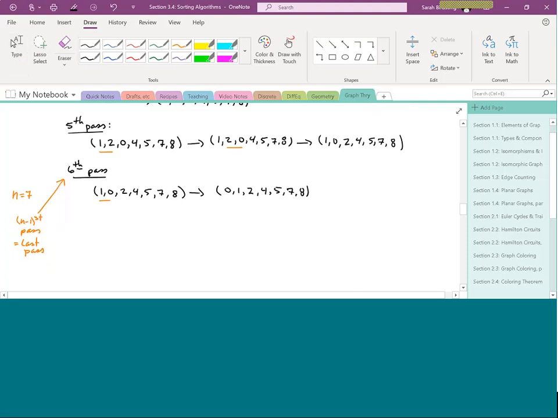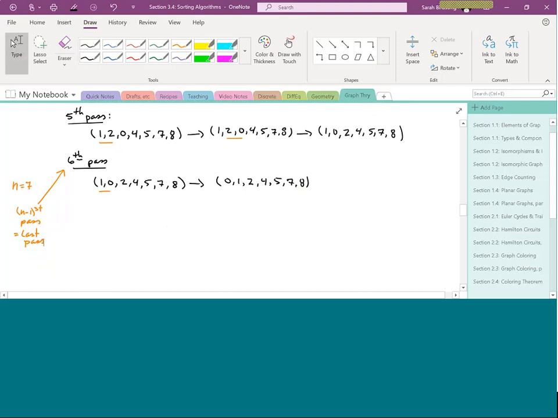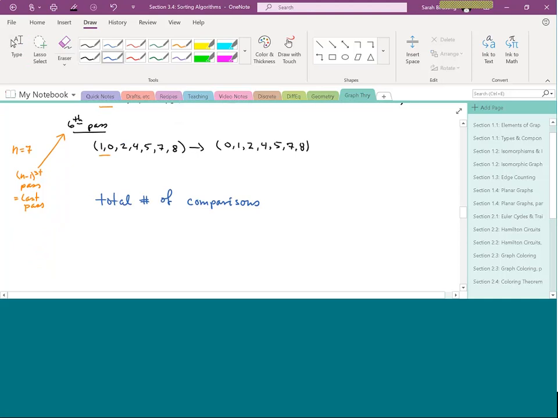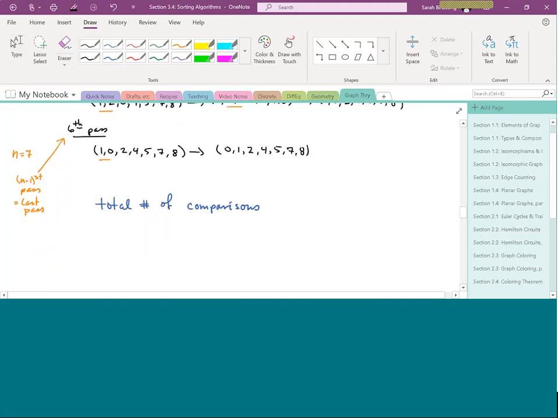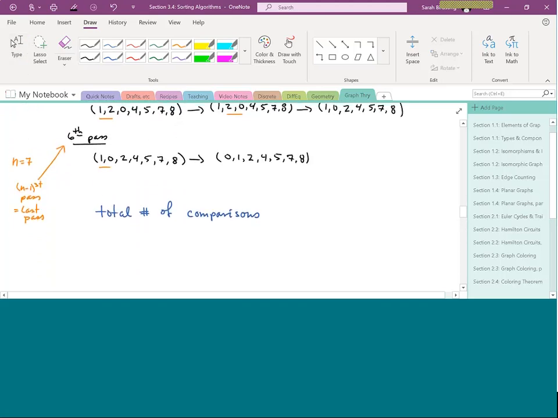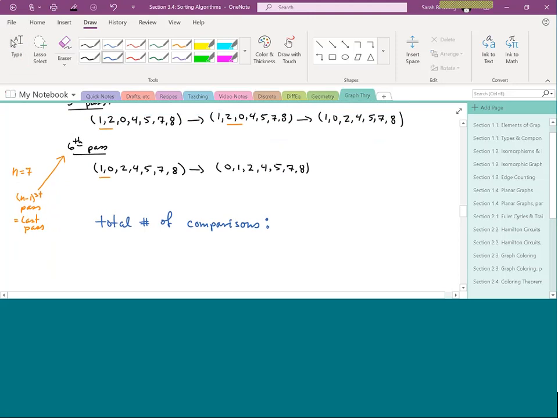Now, the other thing that I want to look at here is, and let me make it a different color just so it's obvious that we're starting a slight analysis, the total number of comparisons. I think I already titled that. Oh, I guess I did. All right, so the total number of comparisons here goes as follows. Actually, let me go back to black. In the first pass,